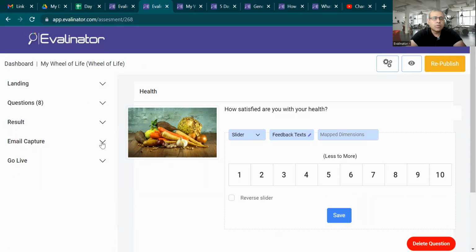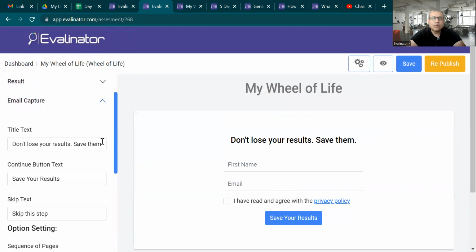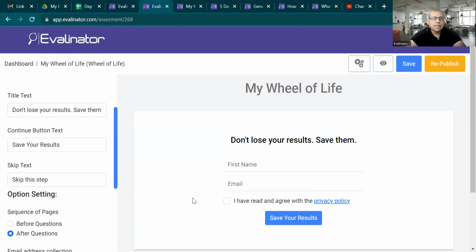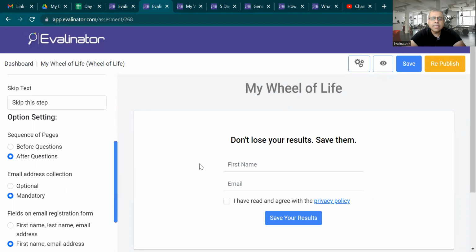And you will go to email capture. This is where you capture your email addresses, so here is where you might want to make your change. Some people want the email capture page to be before the questions. Some people like it after the questions. The choice is yours. The rationale for putting it after the questions is that you get the respondent curious enough, and then they don't mind providing the email address, versus seeing the email address screen right up